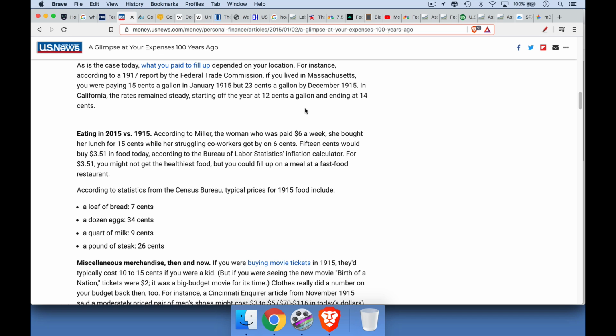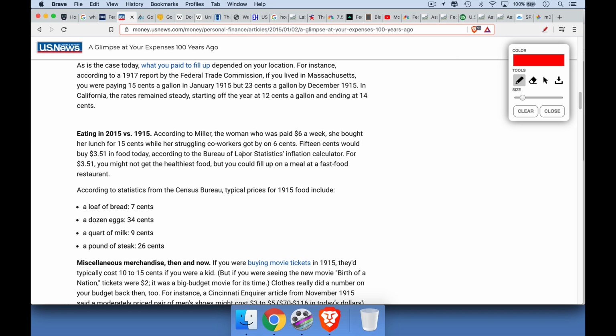If we go back and look at, I found 1915 numbers. I couldn't find exactly 1913 numbers. But back in 1915, a loaf of bread cost 7 cents. A dozen eggs was 34 cents. A pound of steak was 26 cents. Often in the CPI index, they'll use what's called the substitution method. And so they'll report inflation being lower than it actually is, because they'll say, well, you can still eat beef, even though it's going to be vegan, Beyond Meat, or ground beef or hamburger instead of a pound of steak.